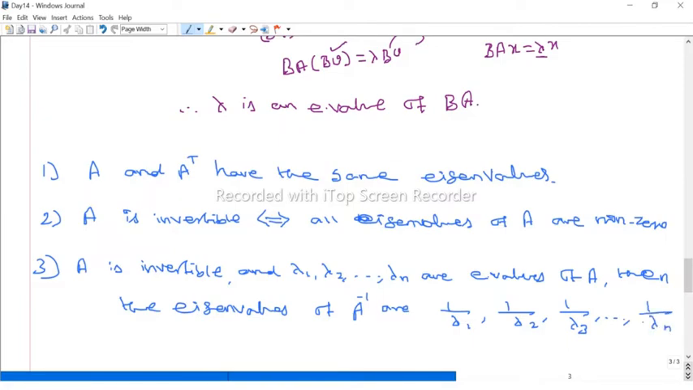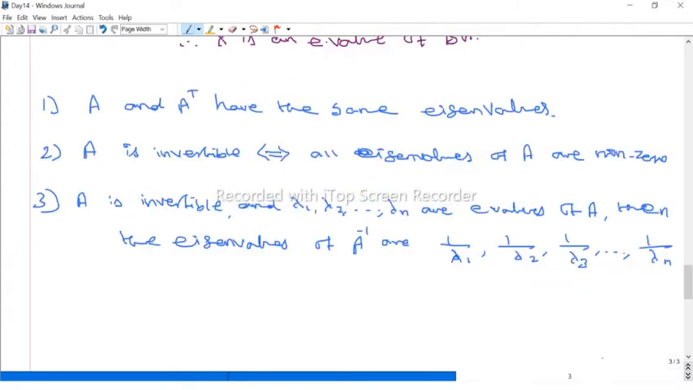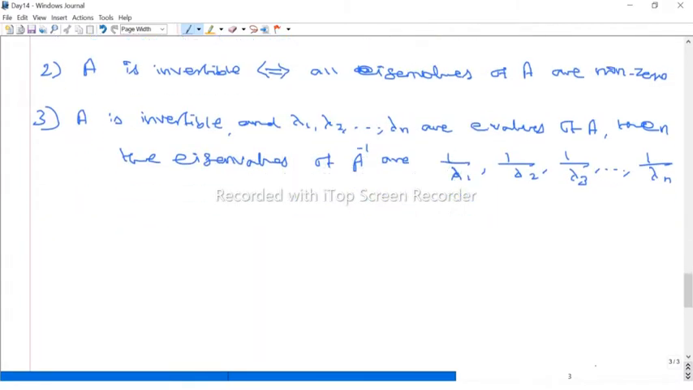Because A is invertible, all the eigenvalues are non-zero, therefore we can define 1 by lambda 1, 1 by lambda 2, etc., 1 by lambda n. So these are all eigenvalues of A inverse. And we know the positive power. So what is the positive power? If lambda 1, lambda 2, etc., lambda n are the eigenvalues of A, then what are the eigenvalues of A power k? It is nothing but lambda power k,